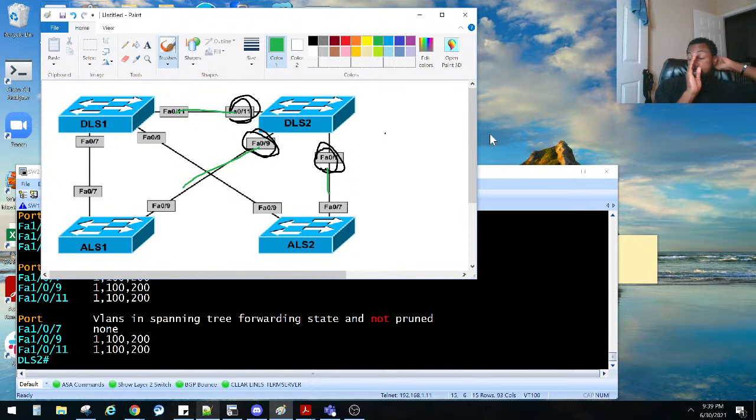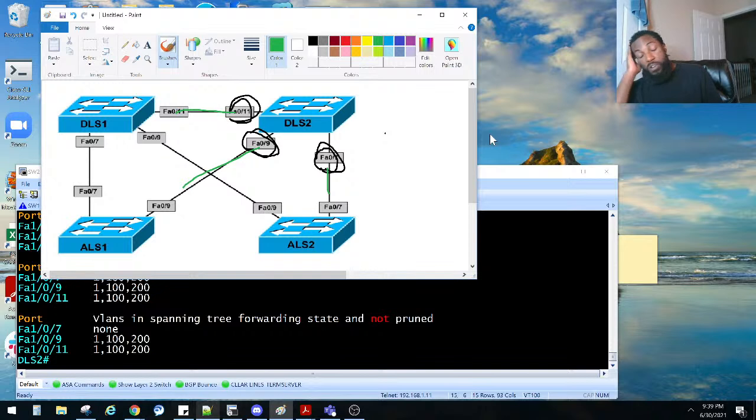We also don't want another switch connected to an access port, right? Because that could cause a loop to happen. We want the port to be disabled automatically in the event that they do not receive BPDUs. So I was going to say we need to turn on BPDU Guard,